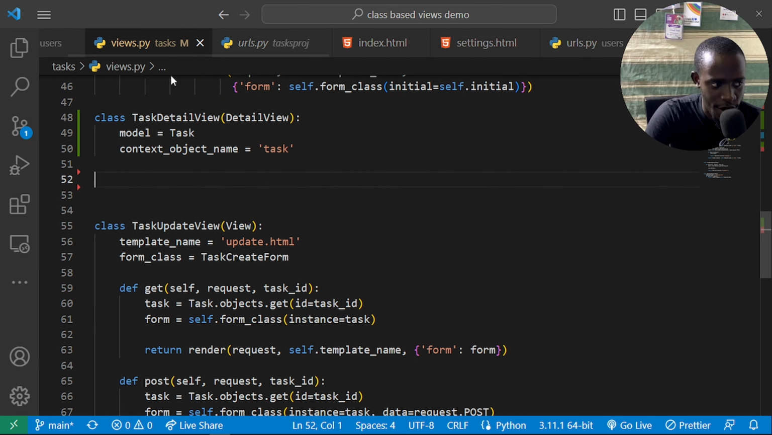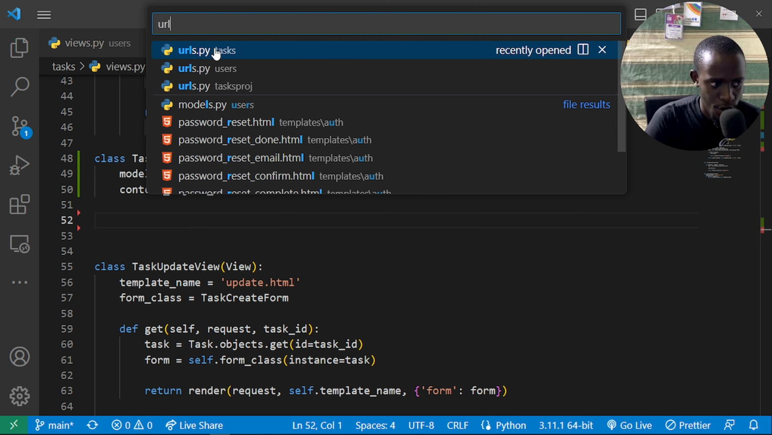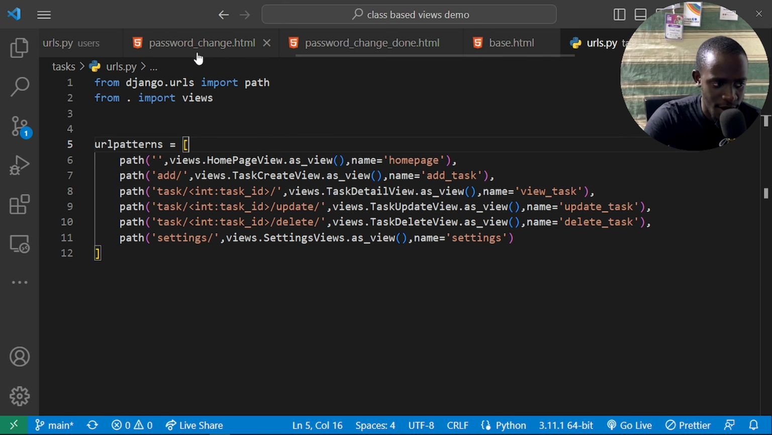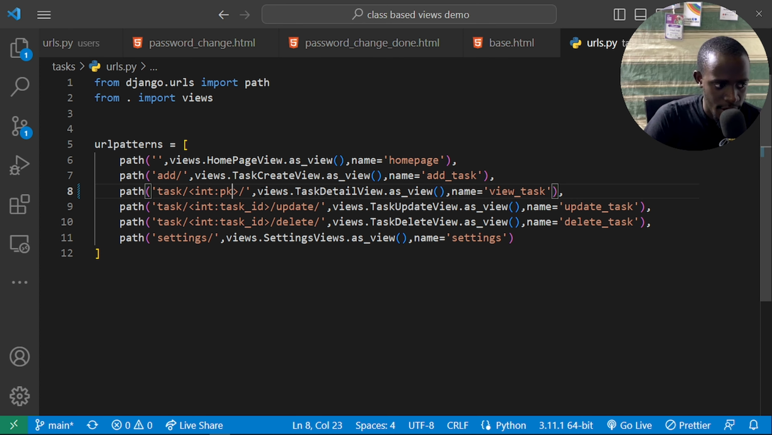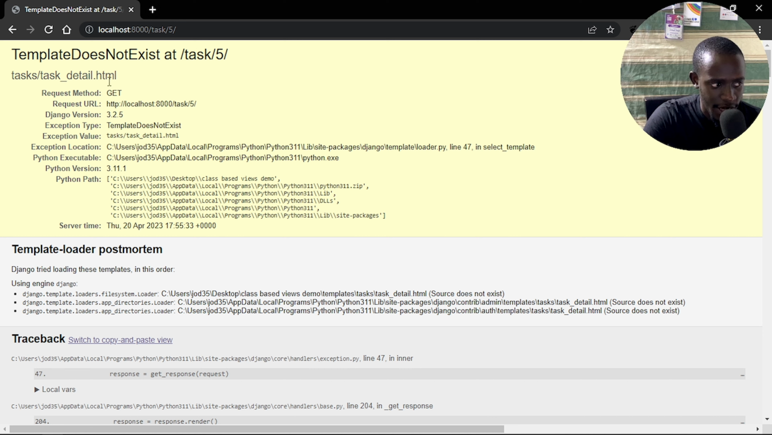So if we go back to our URL config or our URL pattern, I'll look for urls.py for our tasks app. We need to locate our task detail view. So our task detail view is here. And instead of using our task ID, we are going to use the primary key of that specific task. So I'm going to update this so that we require an integer that is a primary key. So I'll go ahead and save. And after saving, I'll go ahead and refresh. And now we see that